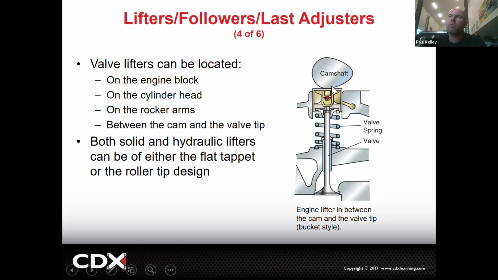So if this bucket rides on the camshaft and this is your valve that's completely seated, there needs to be a specified amount of measurement right here between the valve and the bucket, which maybe we'll call a follower. It's technically a lash adjuster, but a lot of times we would just call it a follower or a bucket. So there needs to be a certain amount of clearance there. Now, over time, remember,